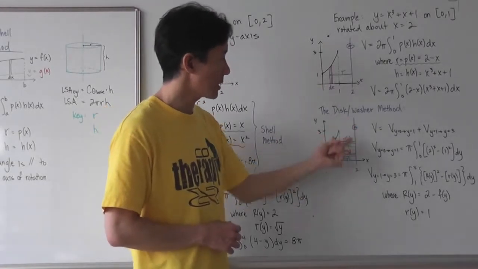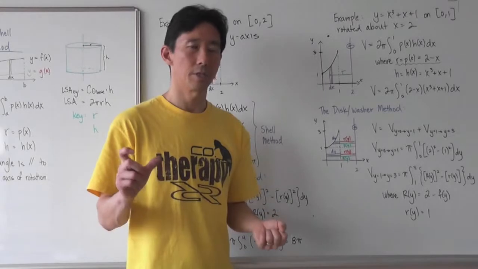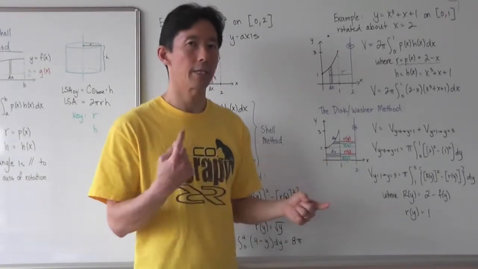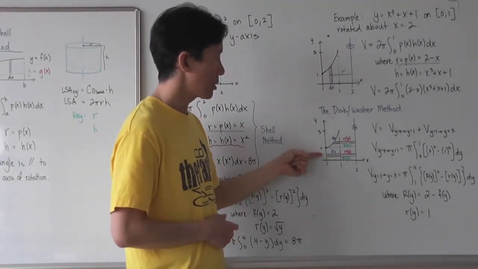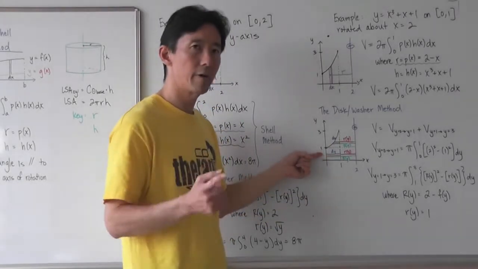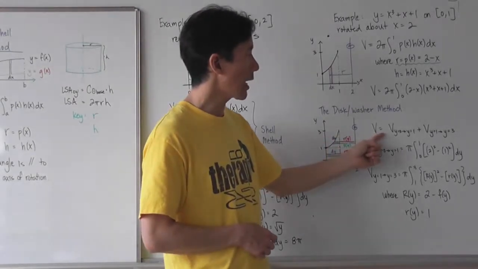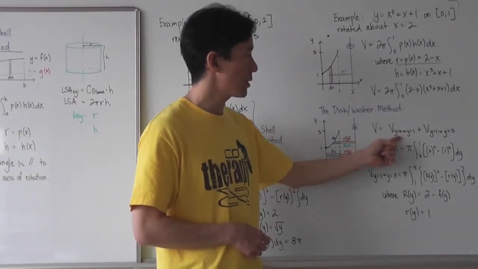Axis of rotation, x is equal to 2. Remember now, being that we're trying to do this using the disk or washer method, our rectangles have to be perpendicular to the axis of rotation, and therefore we're dealing with rectangles here, which is d of y, so our variable of integration is y. So now I need to actually split this up into two different